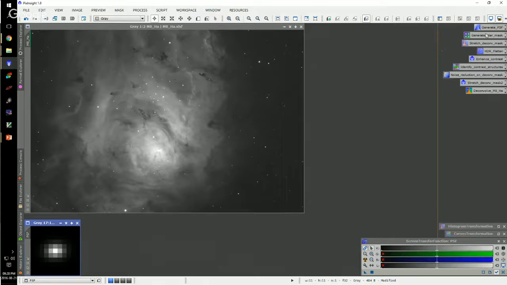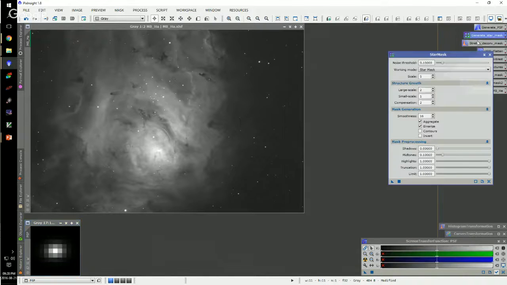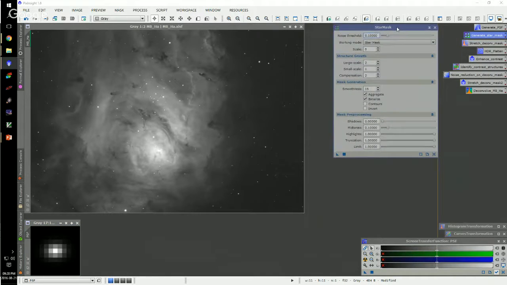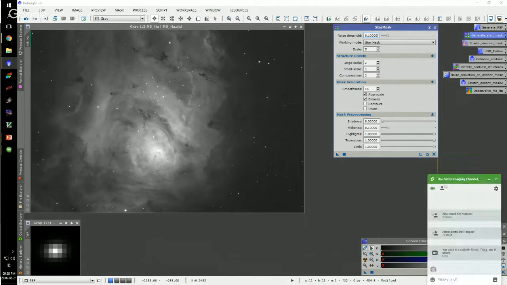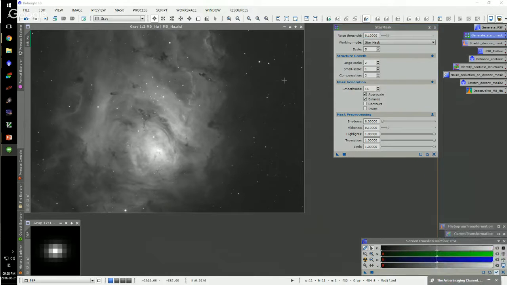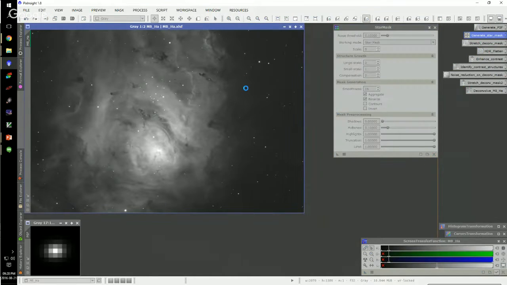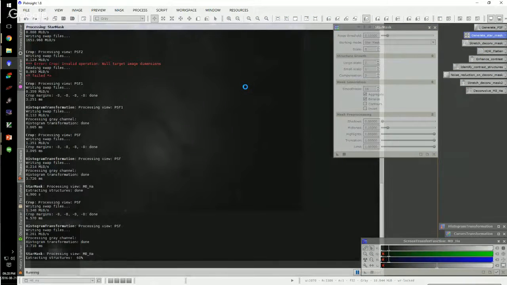So now we have a point spread function, and we're going to go and generate a star mask. Now, like I said, with this data, most of the star brightness levels are fairly similar, enough that I could get away with just doing one pass of a star mask. So when I apply this on my image,